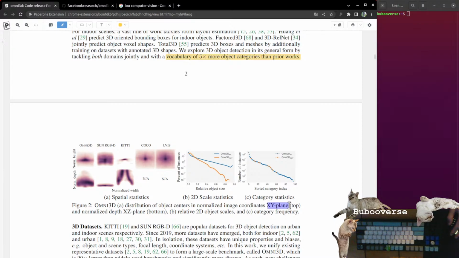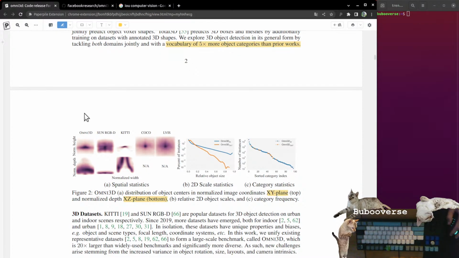Okay, so XY plane top and then XZ plane bottom. This is just showing you how each data set's relative object size is different, right? These data sets are meant for different things. They're of different things. So realistically, you're going to have a different distribution in each data set. So for example, Sun RGBD, the indoor scene data set,